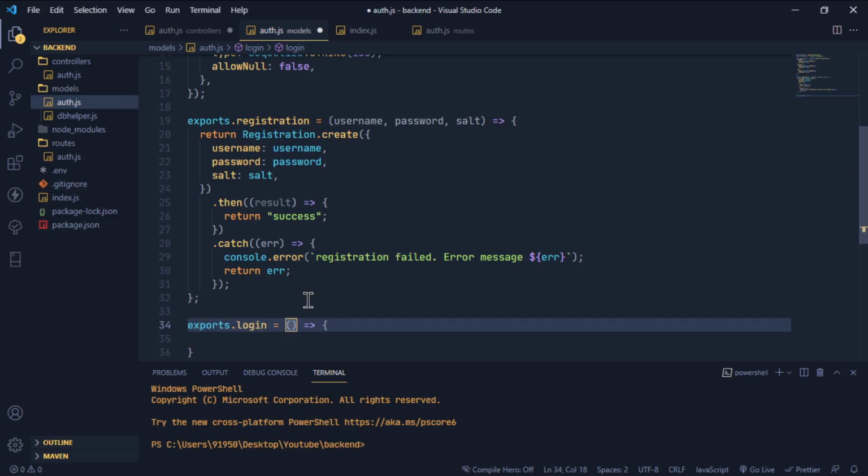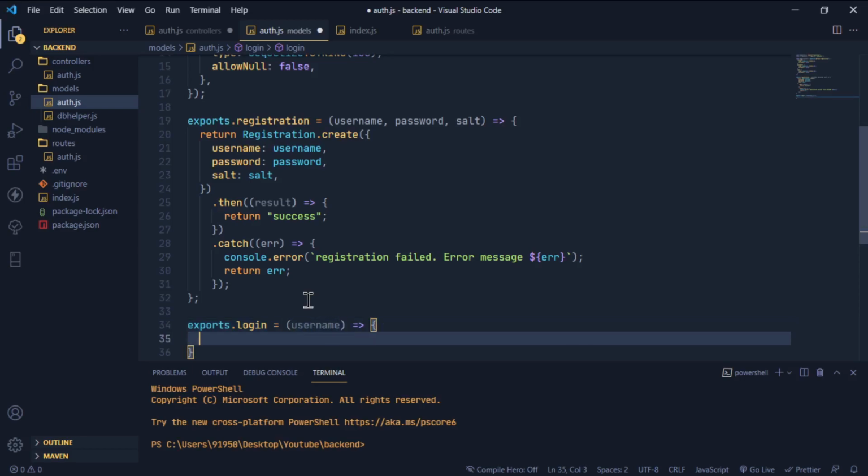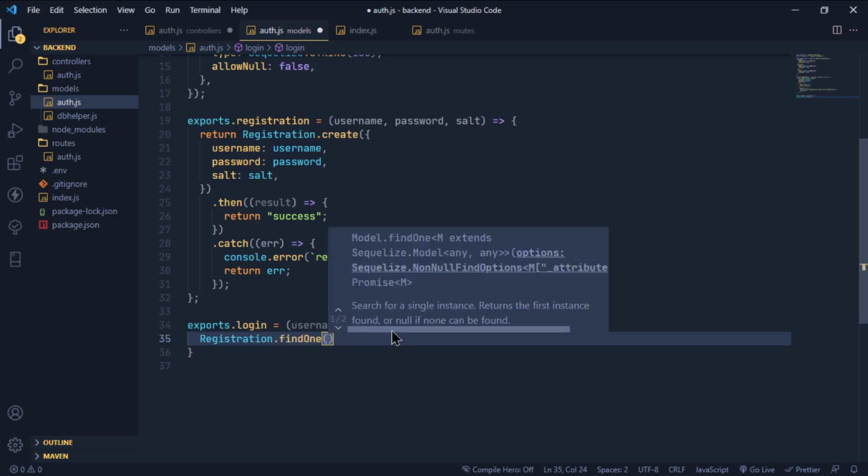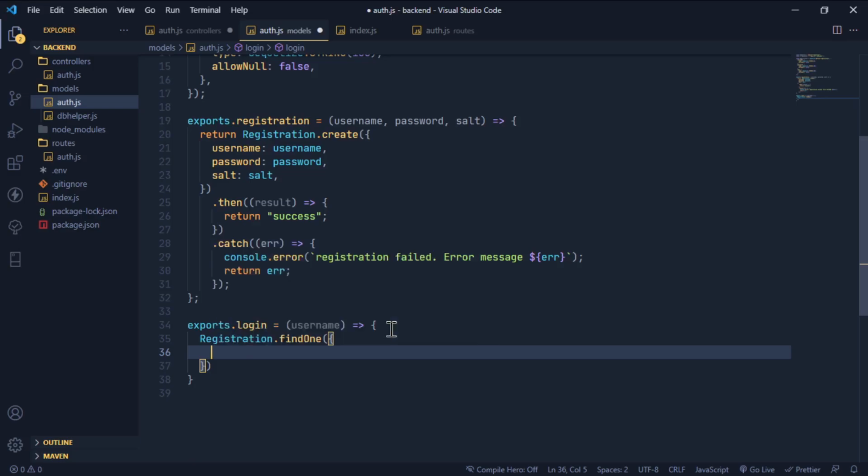For this specific login method, I'm going to get the username. First, I'll be checking whether the user is actually present in the DB or not. For that, let me remove this terminal so that you'll be able to look at that. Registration, okay, this registration is the table that I do have. Registration.find. We have find and findOne methods. I am going to use the findOne method. This specific findOne method helps you to get only one record from the database. So based on which condition you wanted to fetch the record, that is what we are going to pass within